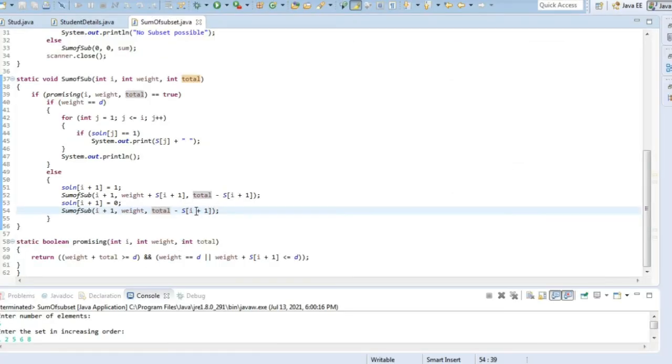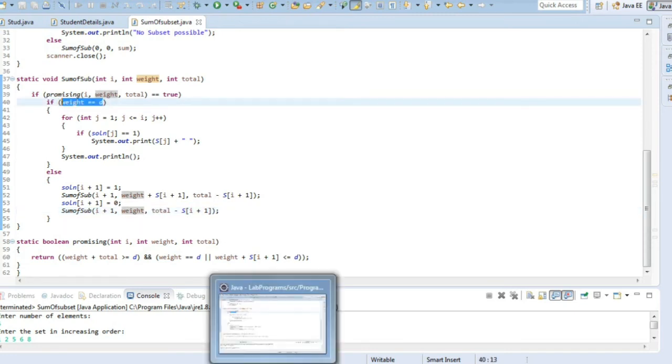Basically, we are writing these two lines of code with s of I plus 1 in the first case. If it's not possible, we'll make it 0 and pass it without s of I plus 1. When we do this, all the combinations will be checked, and whichever combination matches the d value will be found. We'll be making this 1, then this 0, this 1, like that.